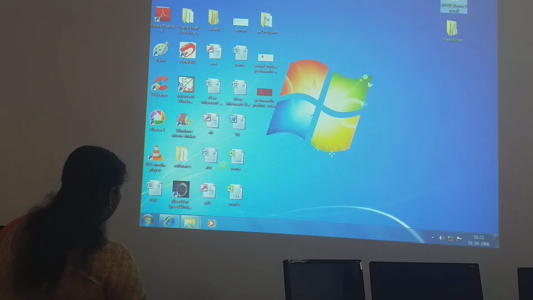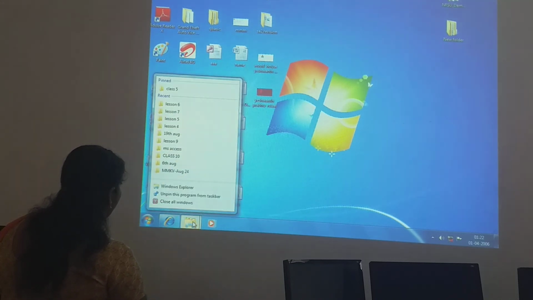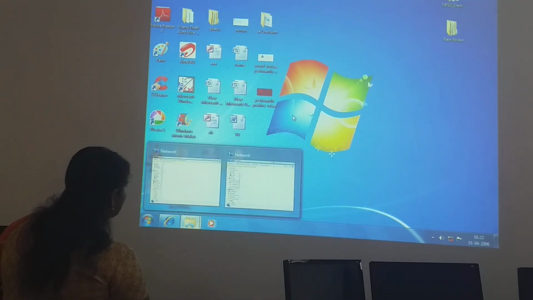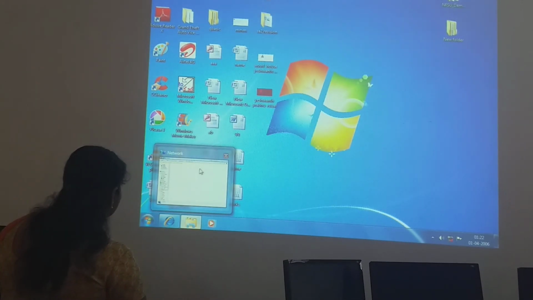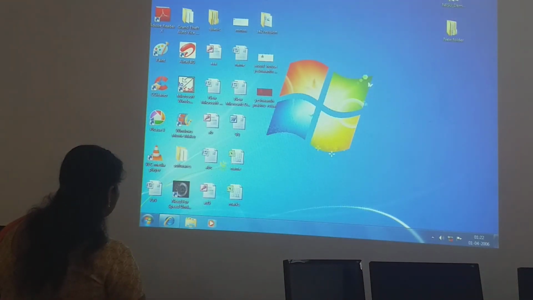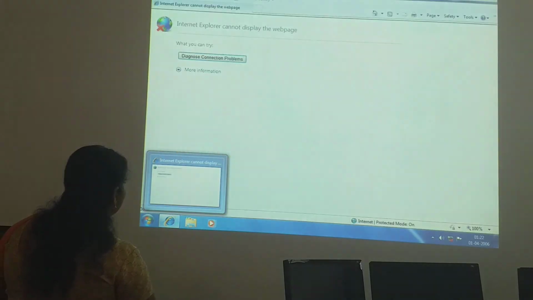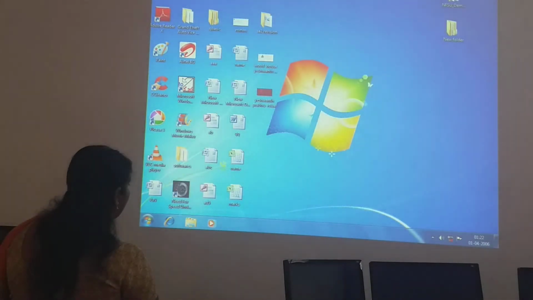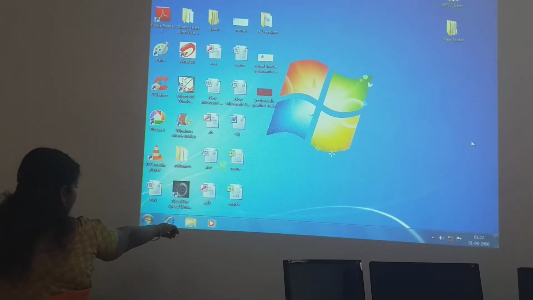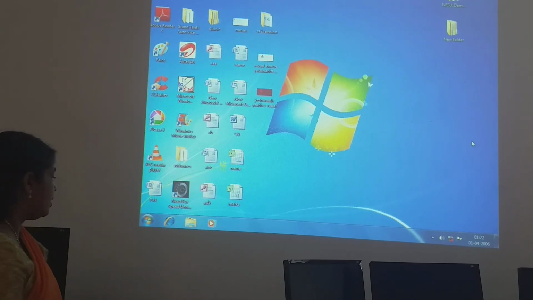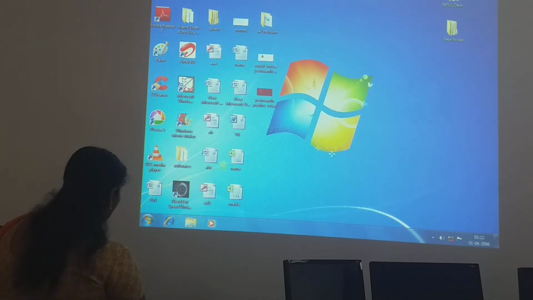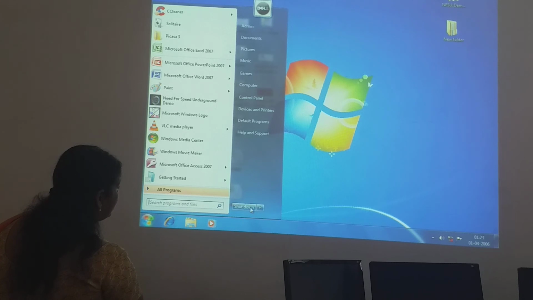Close it. Then here I have also opened network, so that one also I should close. Then here Internet Explorer, that one also I should close. Now you can observe the changes in those applications. Then you go to the start button, you can observe here shutdown.